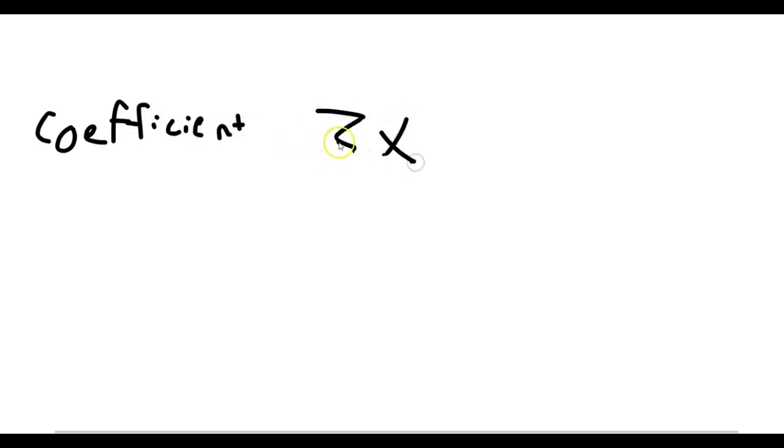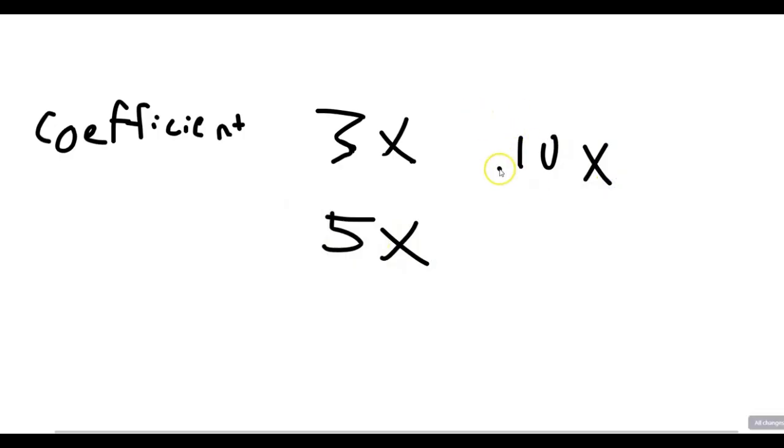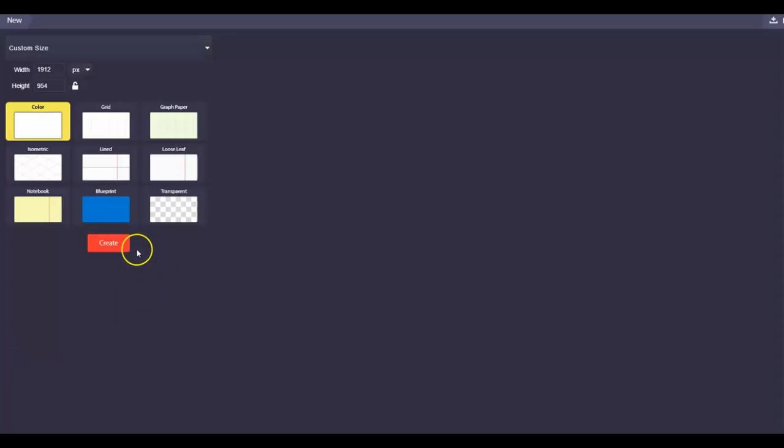Next, a coefficient. A coefficient would be 3x. So 3 is the coefficient here. And in 5x, 5 is the coefficient. And in 10x, 10 is the coefficient. So now that you know that,